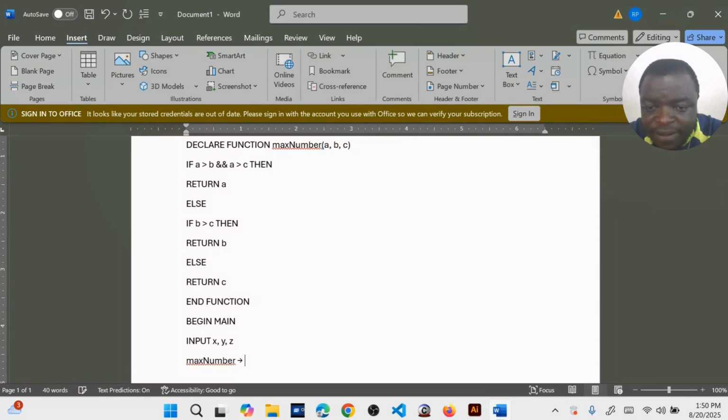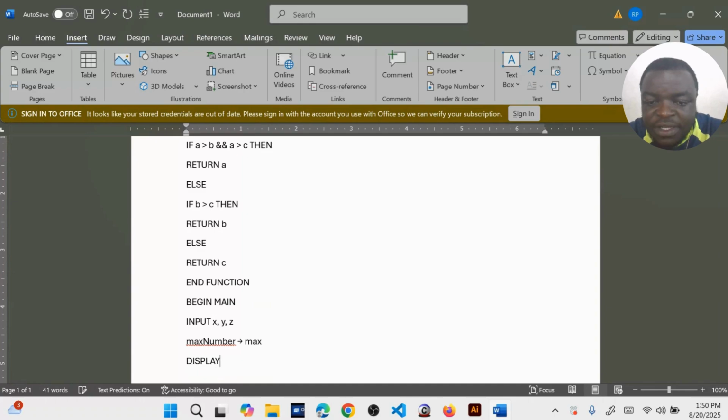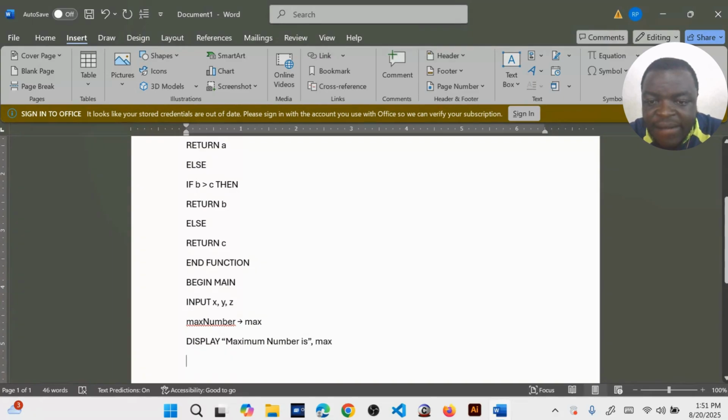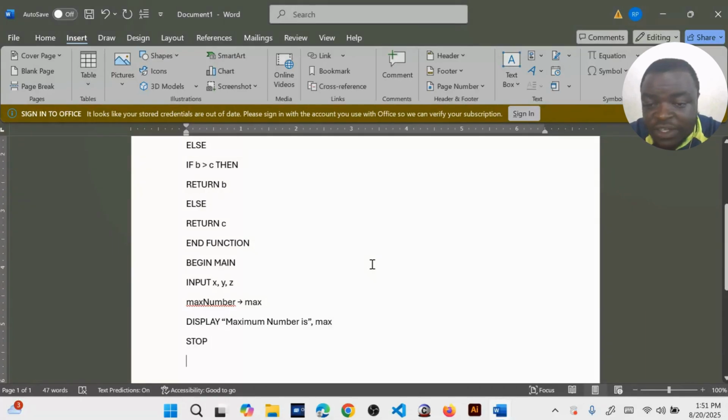Yes, to let's say max. Is that okay? And then we display the maximum number is, and then we put the max. Is that okay? And then now the next we have the function definition. Let us put a stop there. And then next, now we have the function definition, which will have